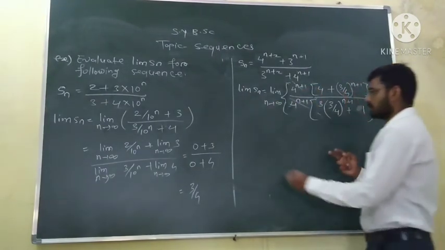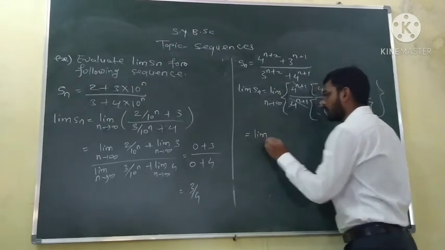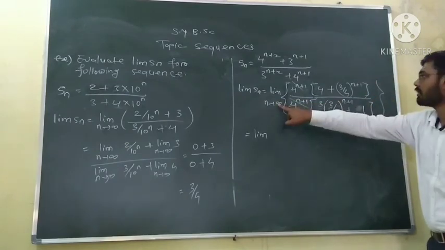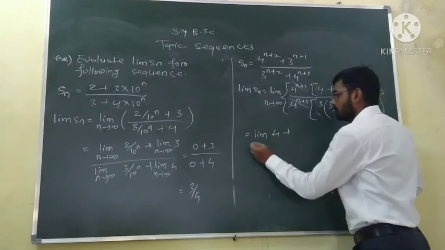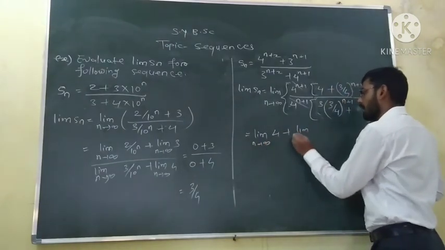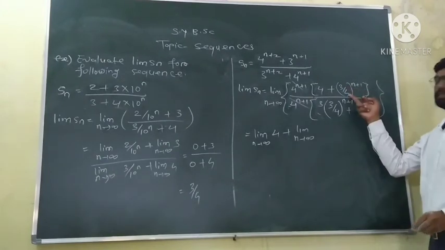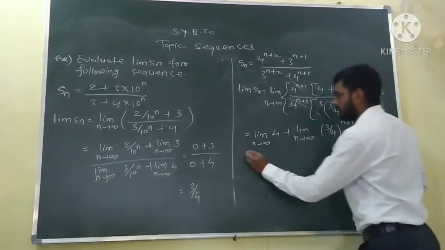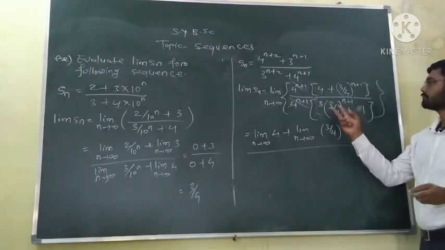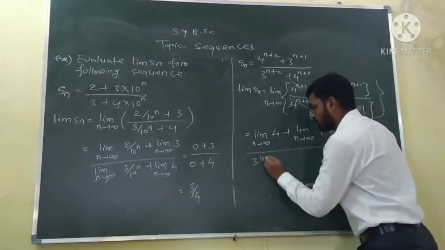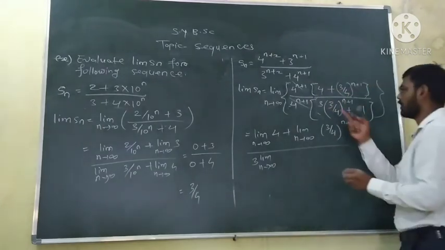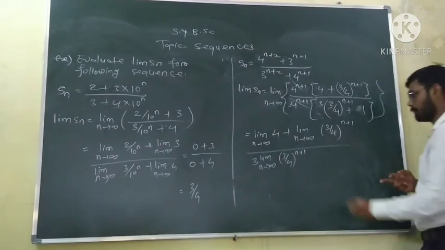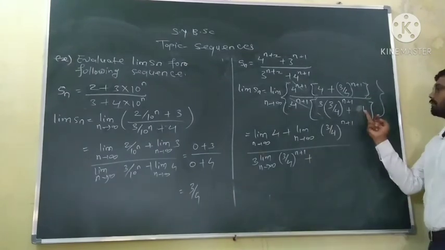So this is equal to the limit as n tends to infinity of the numerator and denominator: limit of 4 plus limit of (3 by 4) raised to power n plus 1, upon 3 into limit of (3 by 4) raised to power n plus 1, plus limit of this constant